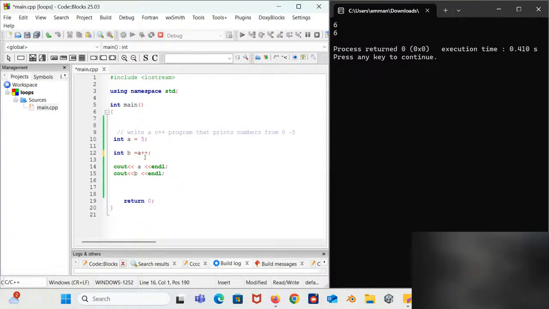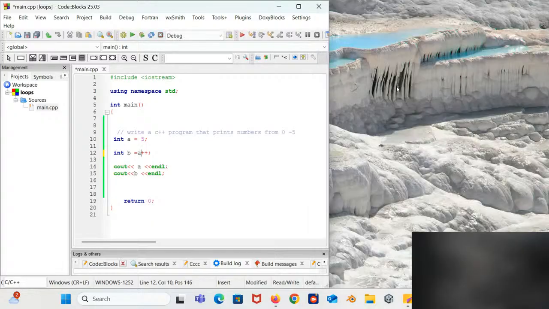So what is the original value of A? A is 5, right? So if A is 5 here, it's going to increase this A, making it 6. So when I cout A, instead of coming out at 6 here, A is going to be 5 and then B is going to be 6. Let me compile and run. Let's see.